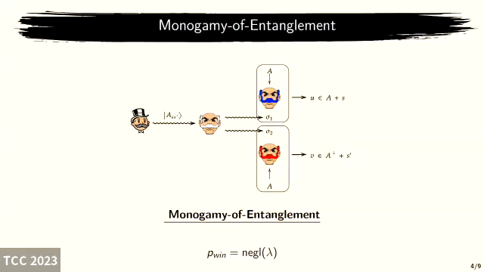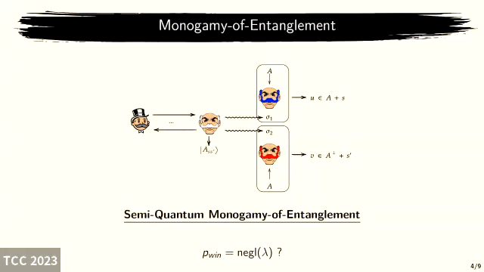But what is important is that for constructing our copy prediction schemes, we will ultimately need to reduce to this game. And because we want a semi-quantum version of this scheme, we want a semi-quantum version of this monogamy of entanglement game, meaning that now the challenger will classically instruct Alice on how to construct a random coset state while preserving the hardness of this game. And this is actually the main technical contribution of our work: how to construct what we call a remote coset state preparation between a challenger and Alice here.